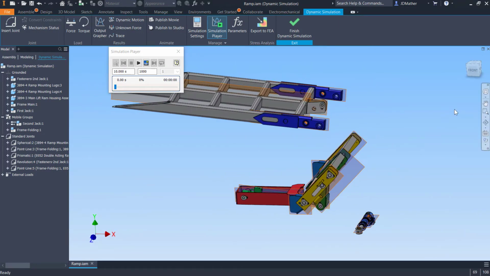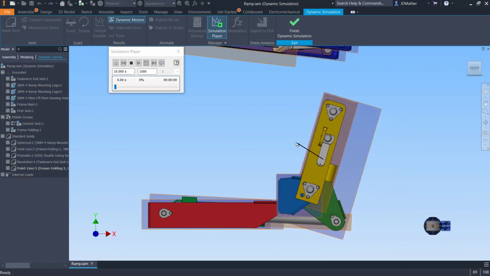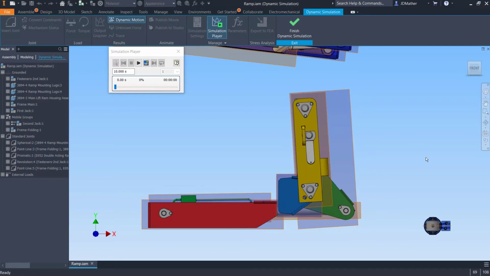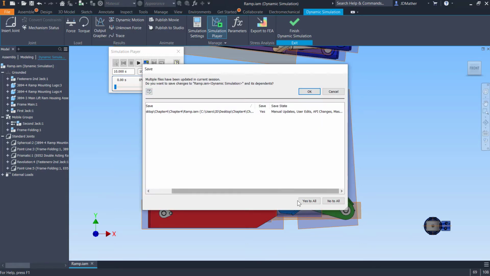All right, let's move this component up, say about like that. We'll get it exactly 90 degrees here in a little bit. It might be a good time to save this, and then we can move on to the next set of